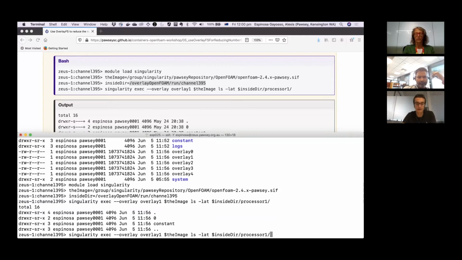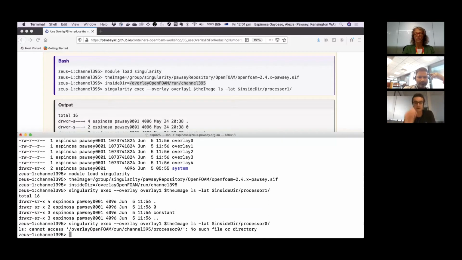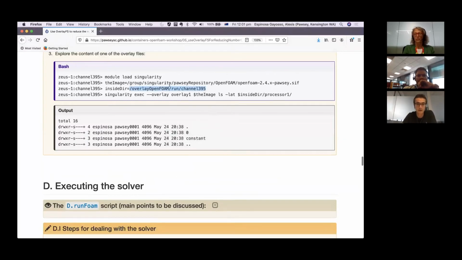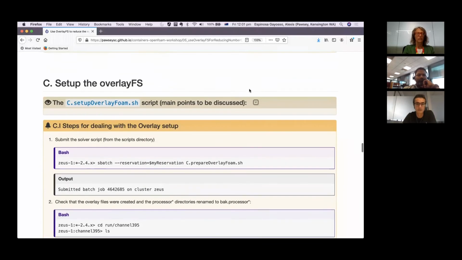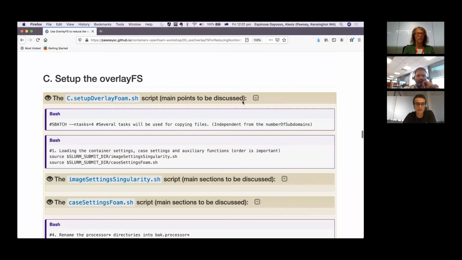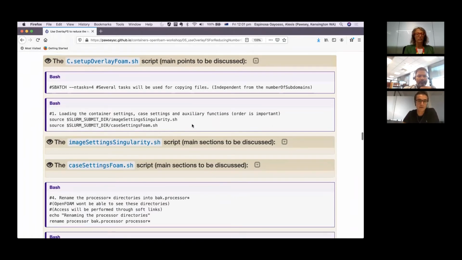And well, as I said, we don't have processor 0 here. It will complain no such file or directory. So how did we do it? Let me expand here, and we have here the script. Well, pieces of the script. First of all, in the header,